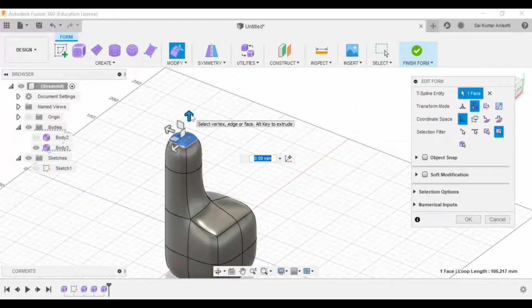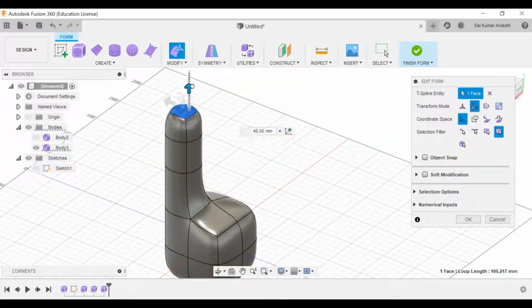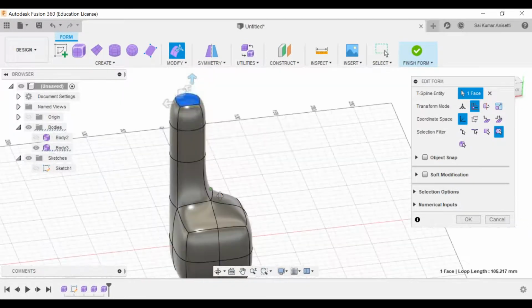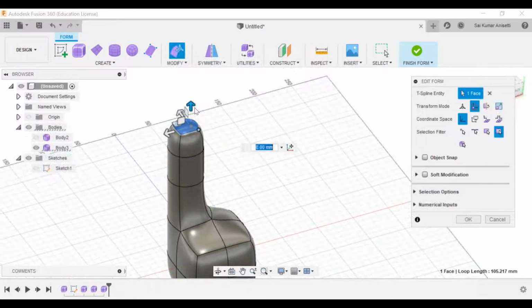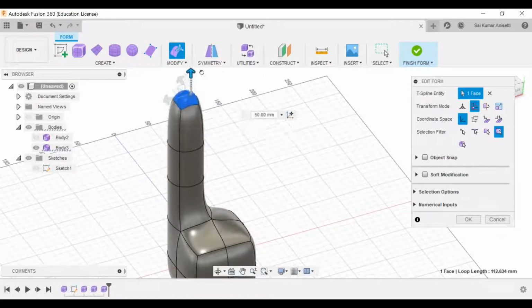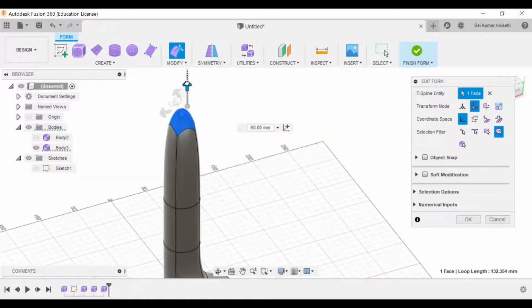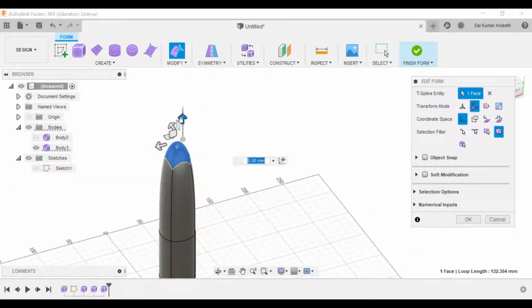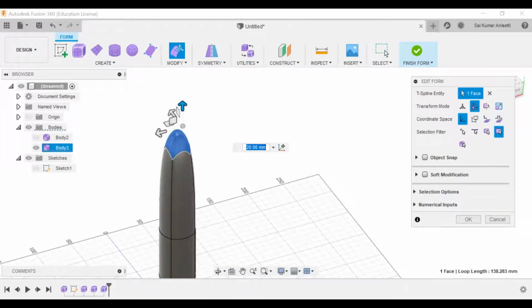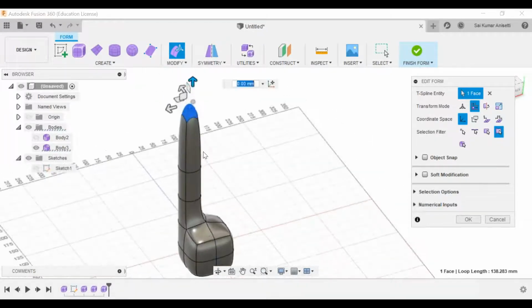Now again press alt and you drag it, it will keep on adding some material to it. Now if I don't press alt and if I pull it, see, only one face is there and it is keeping sharp as possible. See, it is not adding any material. It is making as sharp as possible, that's all, but the faces are not adding up.